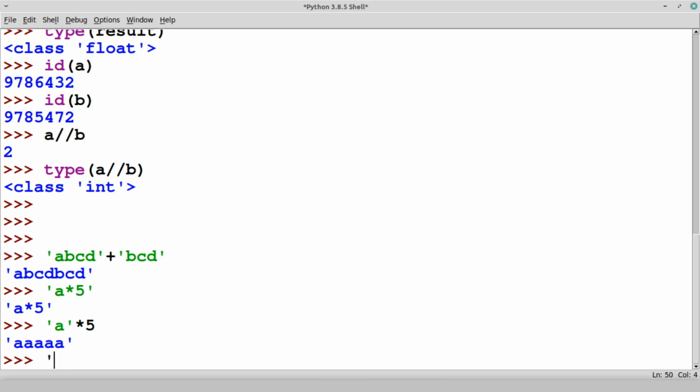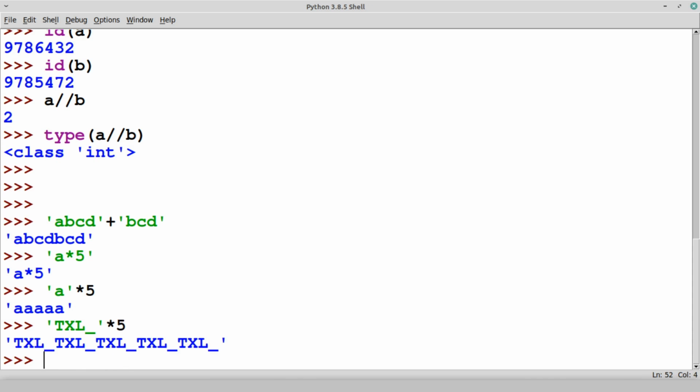For example, if we give any name like this, I'm adding an underscore here for understanding purposes, and say 5, then it gets repeated 5 times. So this is also a nice feature which you can use: the string concatenation operator and the string multiplication operator. Always remember this.